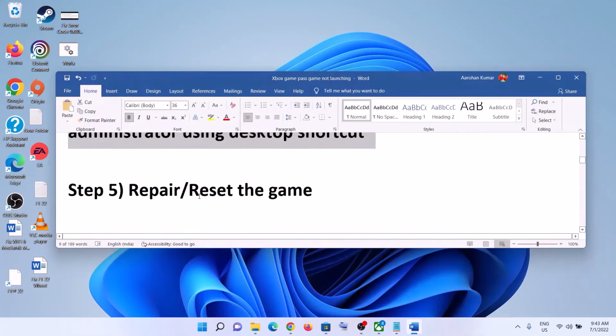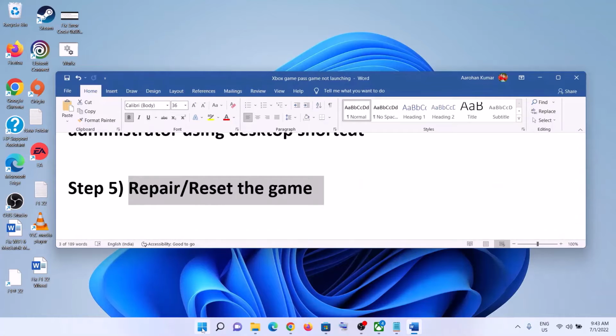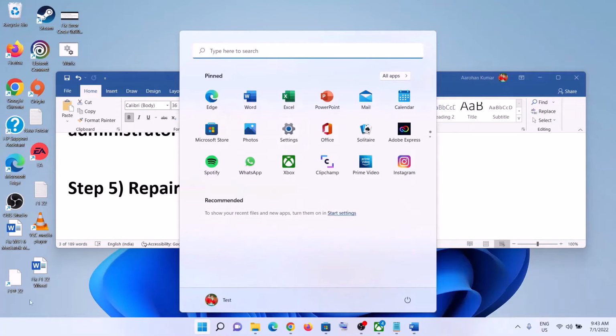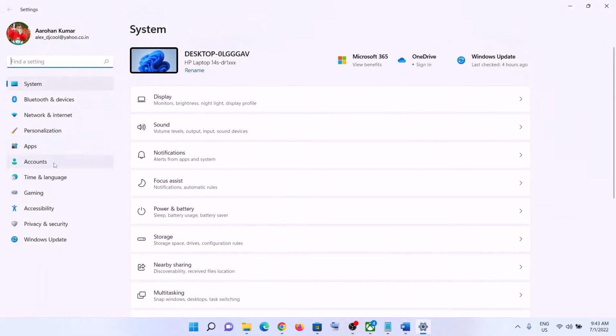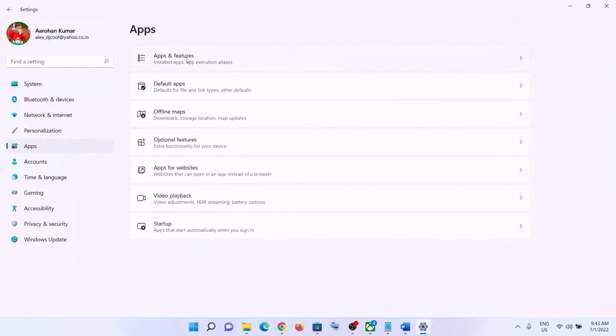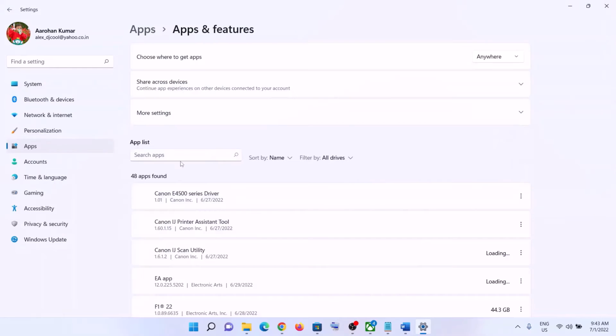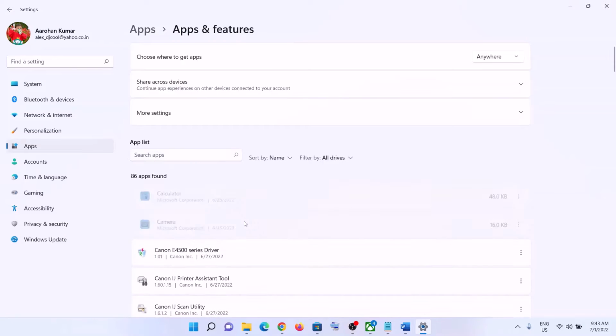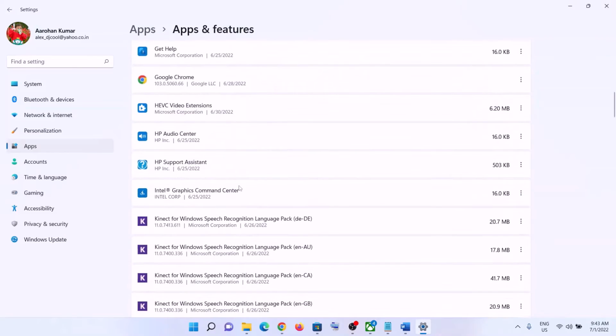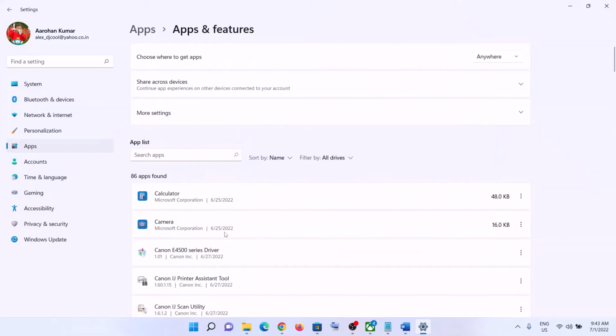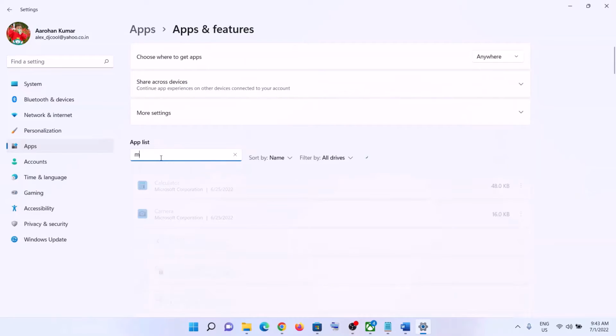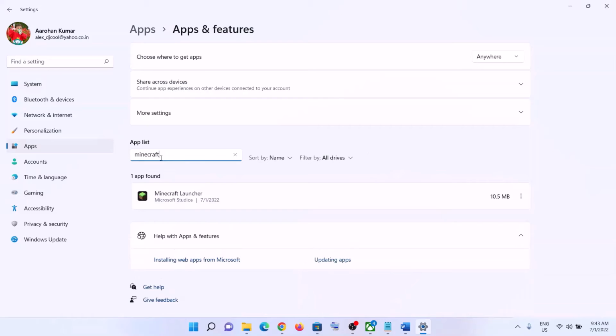Now the next step is to repair or reset the game. So whichever game is giving you the error message, first of all, go to the start menu, then click on settings. Now go to apps and then apps and features. In the search box, you can find the game. So find the game in the list, or you can simply write down the name of the game. This is just an example I'm showing for Minecraft launcher. So whichever game is giving you the error message, find that game in the list, and then in Windows 10